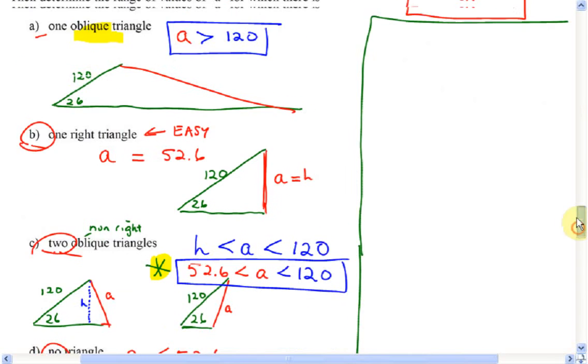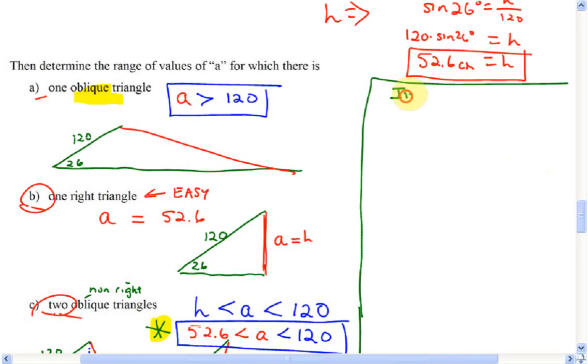In general, can you please write this down? If I give you a triangle with angle A and side B,